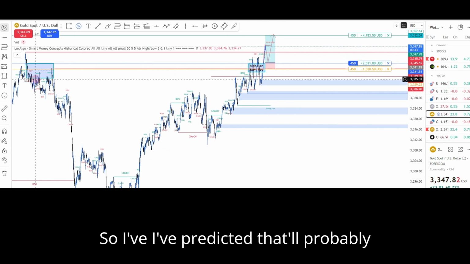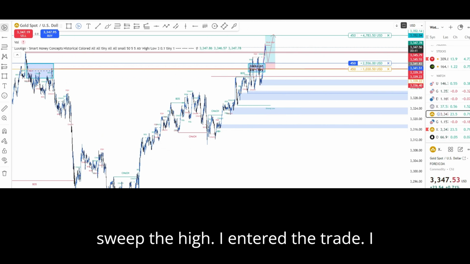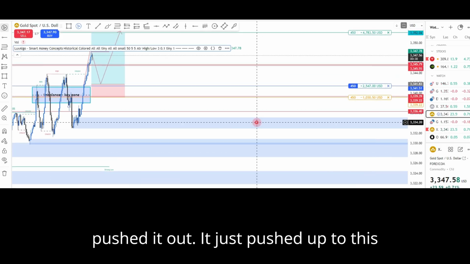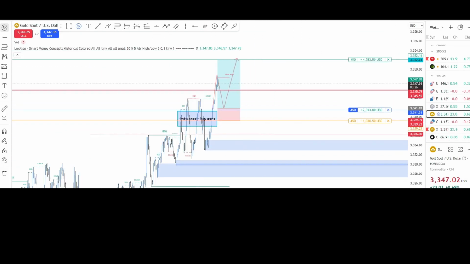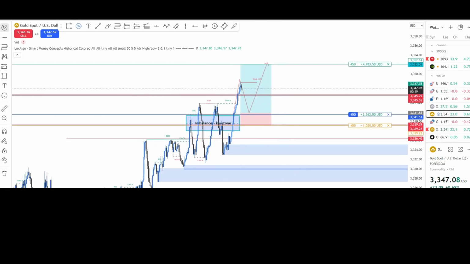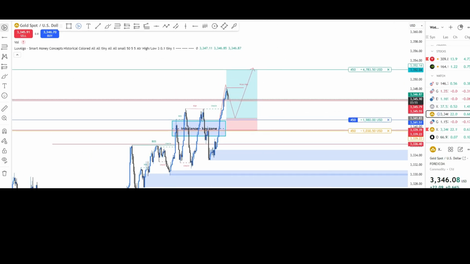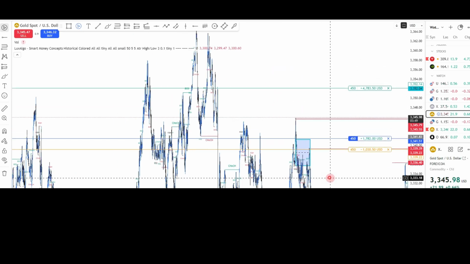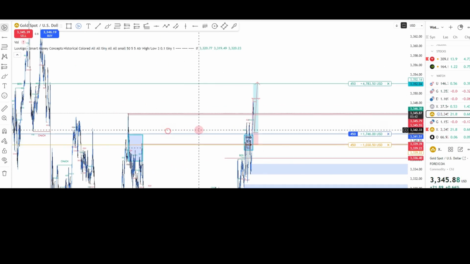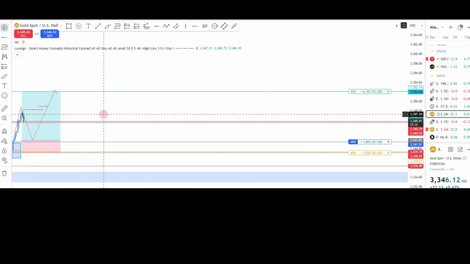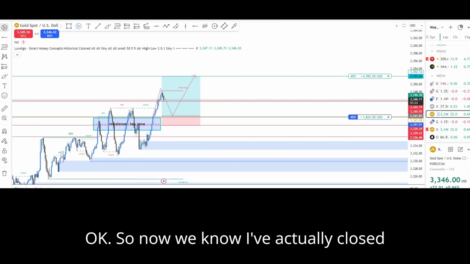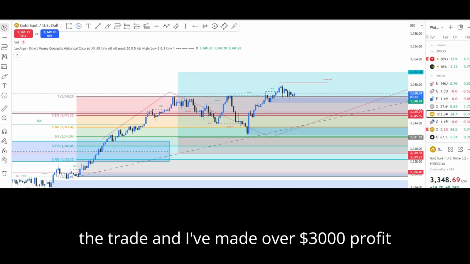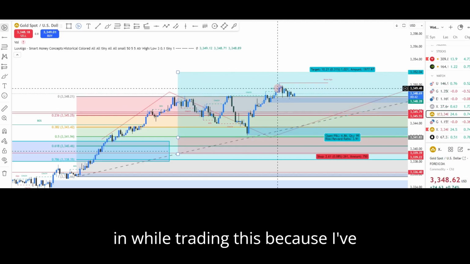So I've predicted that it'll probably sweep the high. I entered the trade. It pushed up to this. Okay, so now I've actually closed the trade, and I've made over $3,000 profit while trading this,